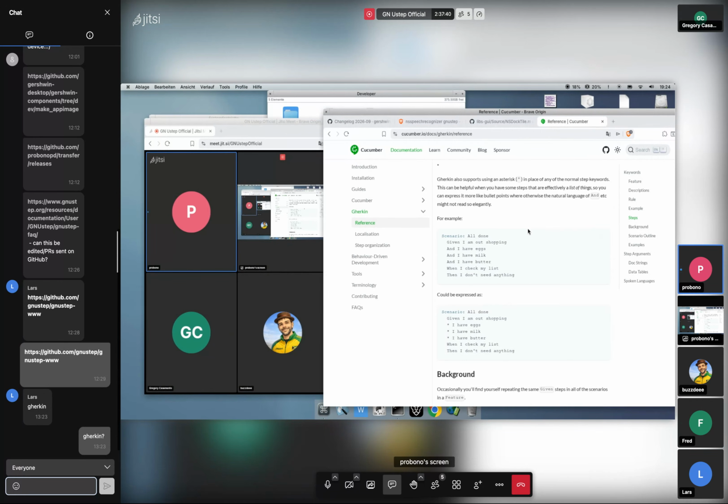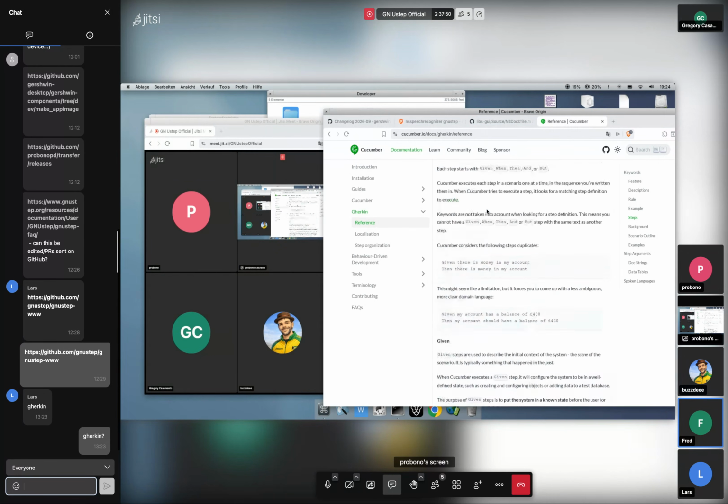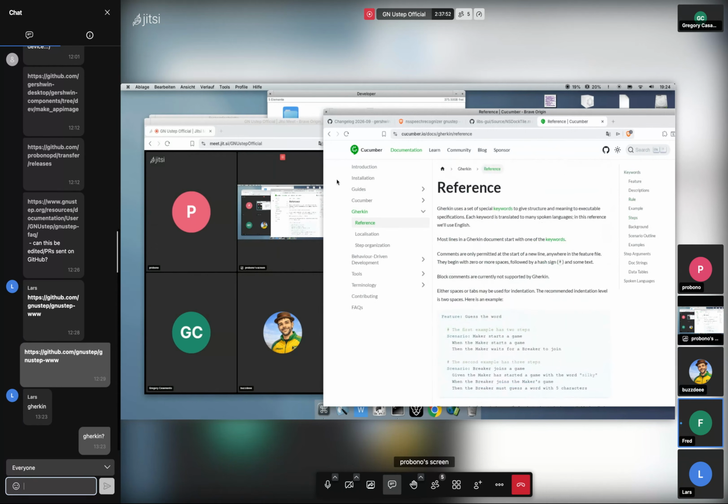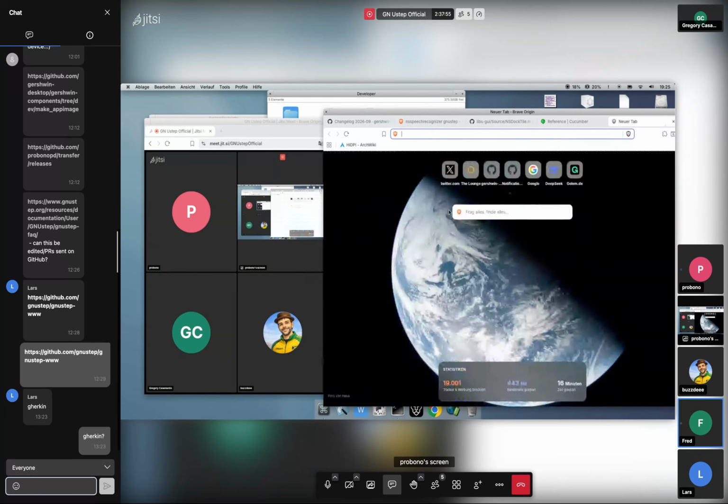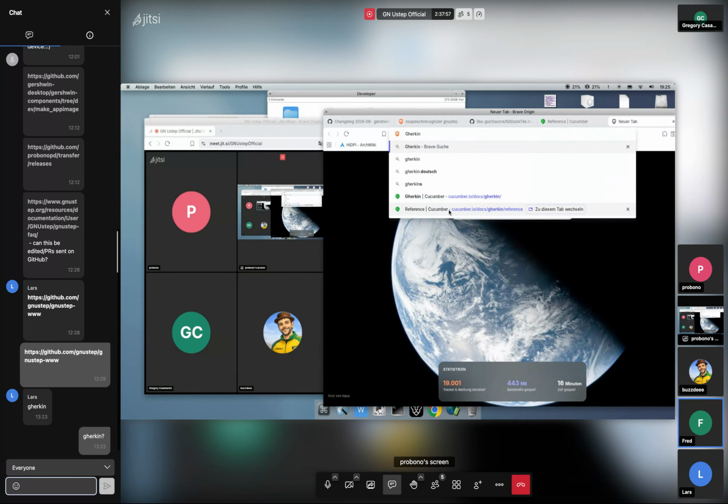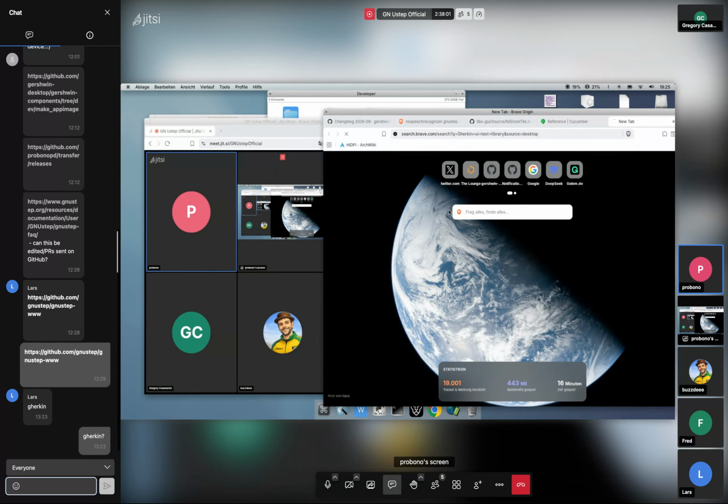I wasn't aware of this. I will definitely have a look. There are a lot of different libraries implementing that for different languages. One of them being Cypress, which is also